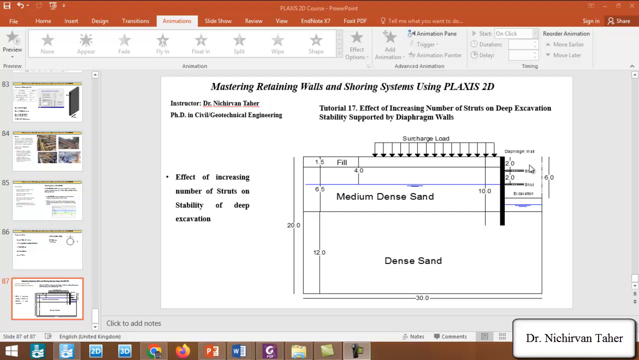Hi everyone, welcome back again to Mastering Retaining Walls and Shoring Systems using Plaxis 2D. This is tutorial number 17. We are going to investigate the effect of increasing number of struts on the stability of this deep excavation supported